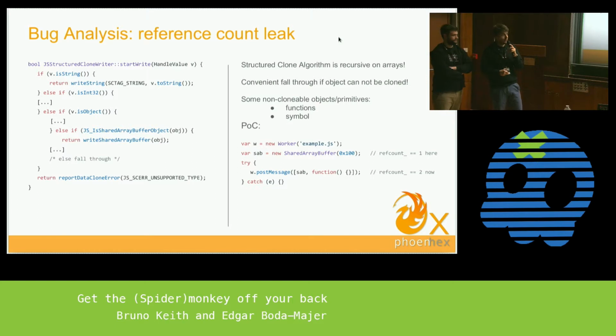But if none of these if statements match, then basically it will throw a data clone error, and that's where we want to end up. Because if it throws this data clone error, it will just stop the execution of the post message, and the new shared array buffer object will never get allocated. And the way to do that basically is